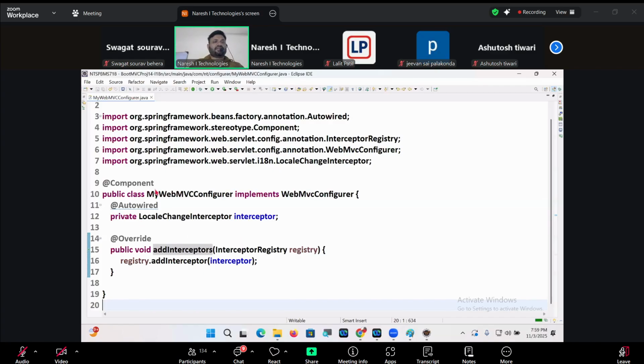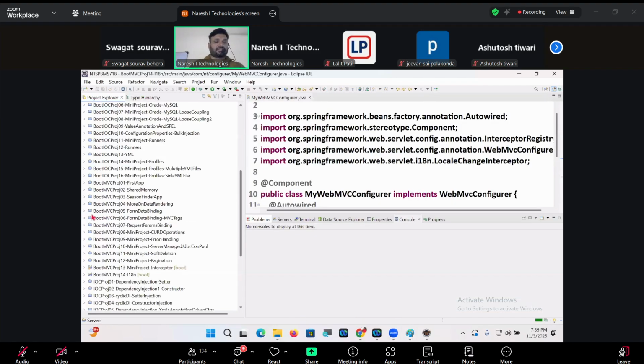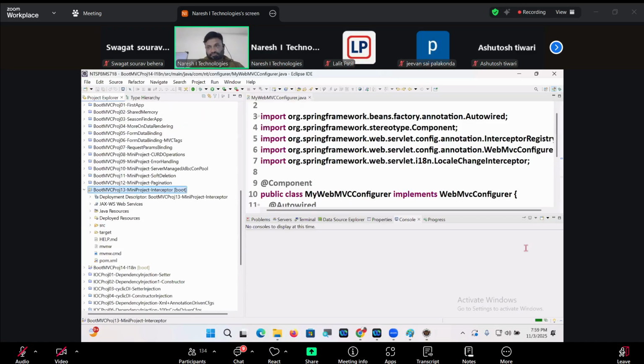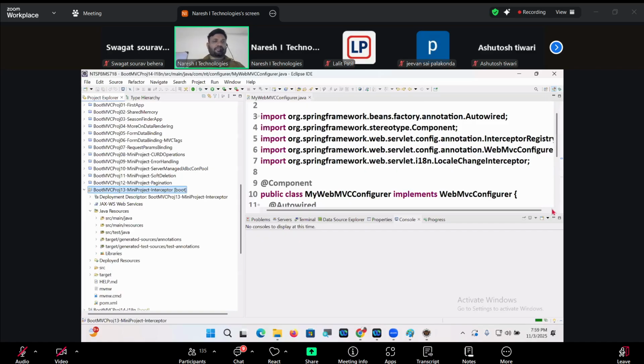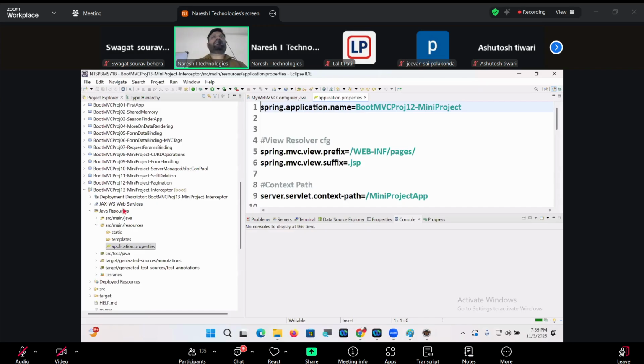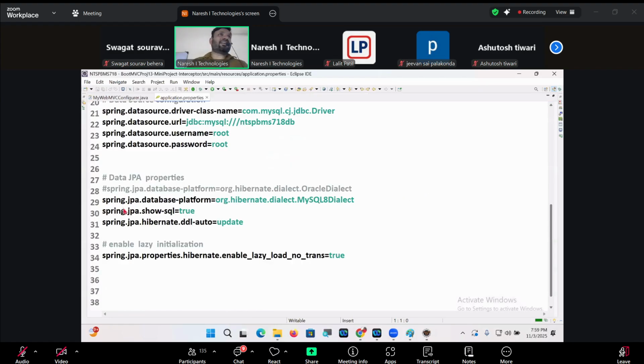This is the mini project interceptor, guys. This is resources. Here we have resources, src main java. That's good. Here is again resources, application dot properties. Here is the whole thing now, boss. I think this is not our one. Is it our one? No. Yeah, the 14th is our one. Okay, so basic configurations are done.